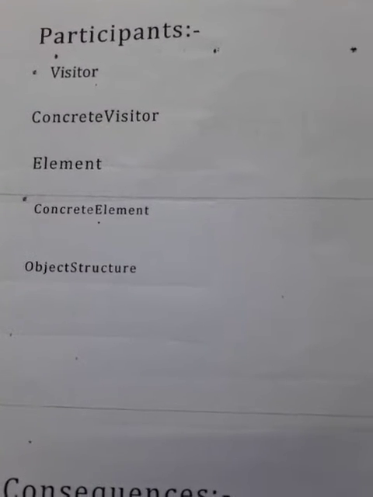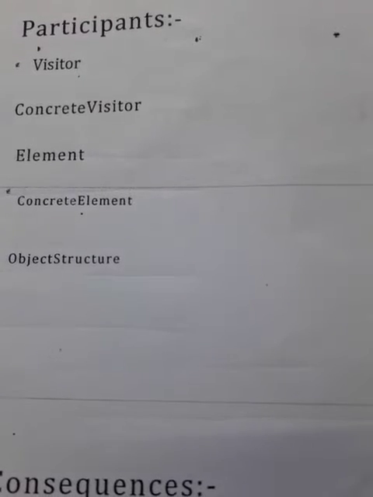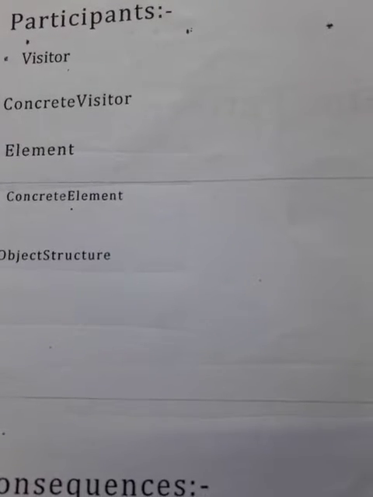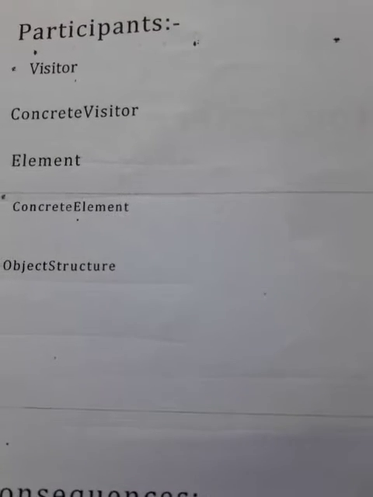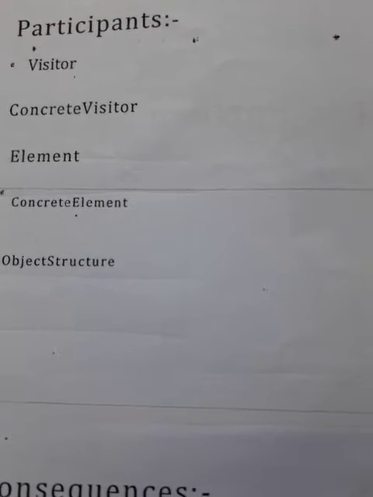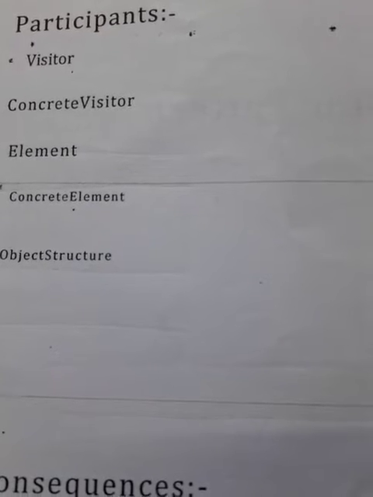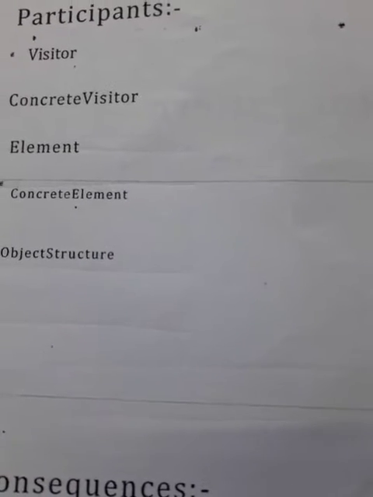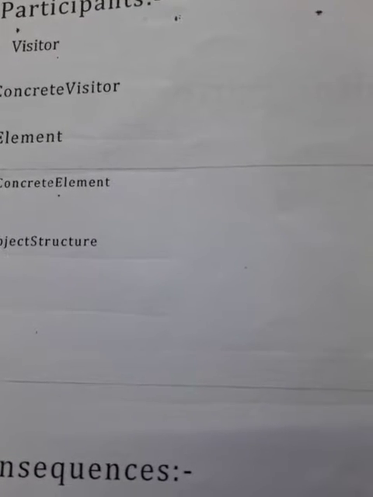It declares a visit operation for each class of concrete element in the object structure. The operation's name and signature identify the class that sends the visit request to the visitor, which lets the visitor determine the concrete class of the element being visited. Then the visitor can access the elements directly through its particular interface.